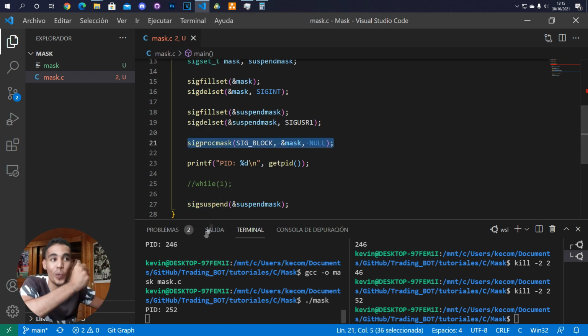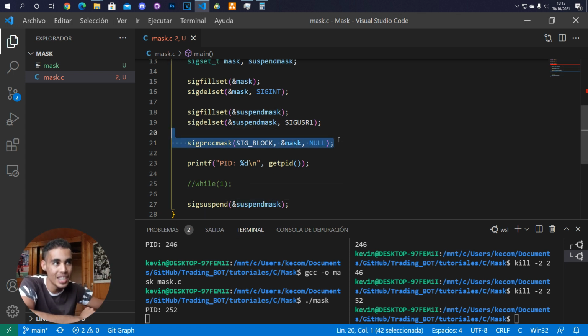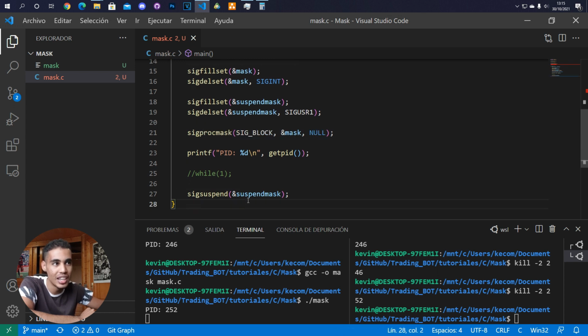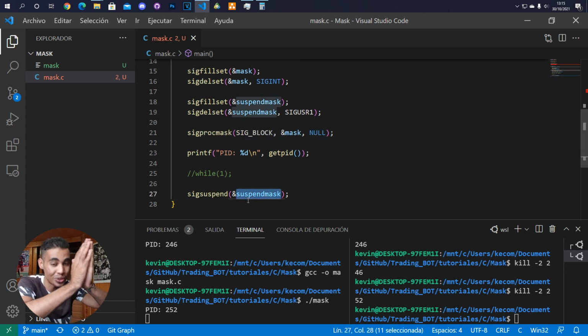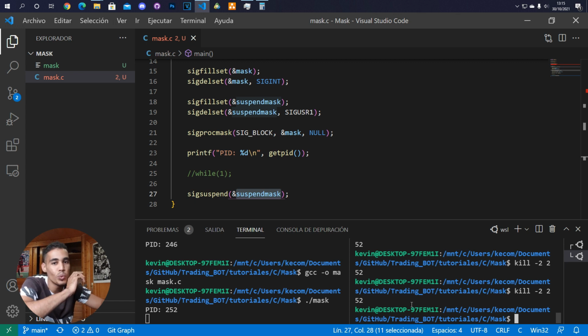What is happening? Whenever you use sigsuspend, the one which is linked is ignored. The one that you care about is the one you use here in the argument. So this one is ignored, but this one is the one you truly have to take care of. So it doesn't matter that I send it the signal SIGINT, it won't do anything. I have to send it the signal SIGUSR1 in order to